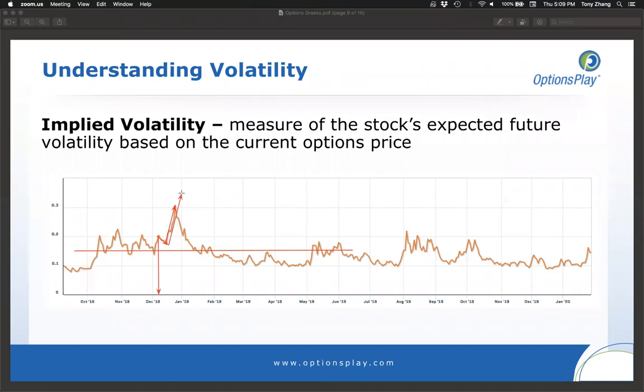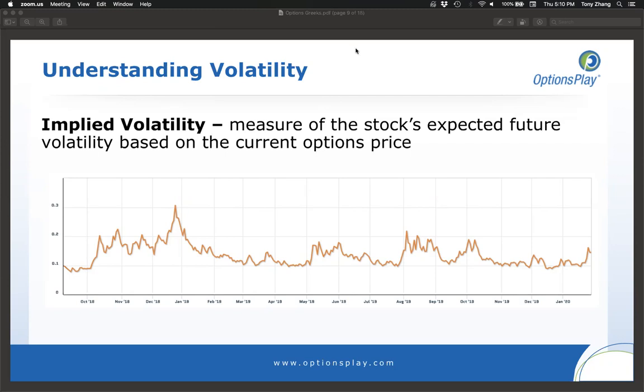Think about Tesla. I remember on January 2nd when Tesla hit 420, everyone was saying that this was the highest it'll be. Volatility was at its all-time high, despite making all-time highs. And guess what? As the stock kept moving higher and higher, volatility just kept moving higher with it, which is very unusual. But again, volatility rank is not a